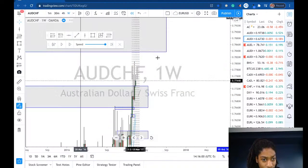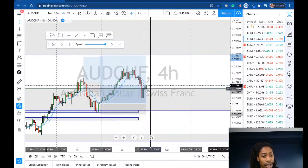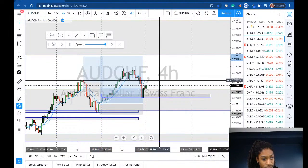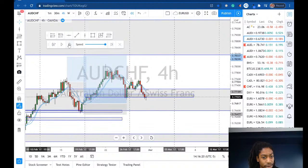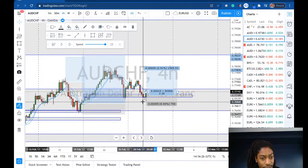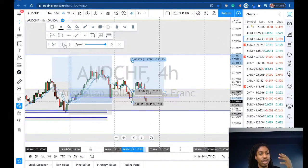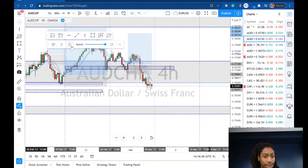Let me see the weekly real quick. So weekly is struggling, but we are staying on top, so I'll give it that. Same thing applies. If I can find an area for price to pull back to, it's the same thing that you're looking for. Like a bullish trade, and you can do risk 1 to gain 3, stop loss at the low, and the TP just above. So like I mentioned in multiple videos, multiple places, everywhere, you have risk reward. You have these trades that you could take. Okay,